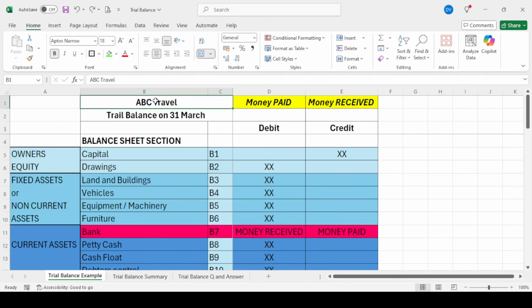So the reason why you've never done one from scratch is because it's not required in the syllabus for TOP N5 students to be able to do that. You only do the general ledger for the bank and for petty cash. So because you don't do the full general ledger and you don't have that information even available in the textbook, they simply give you all the balances and totals in the trial balance. Okay, so anyway, for those of you maybe who wondered about it, now you know.